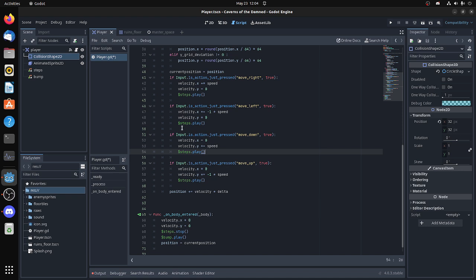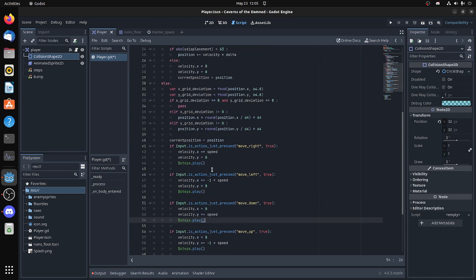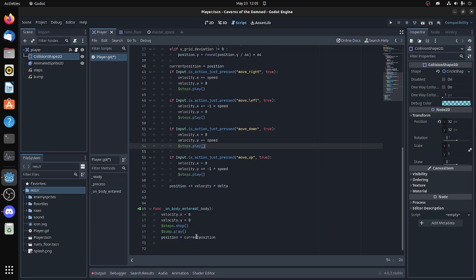It stops playing the footstep sound. It plays the bump sound instead, and it returns the player's position to current position, which was set the last time the character was stationary. So it will basically snap them back to wherever they last were. I'm probably going to do something similar for movement when an enemy attacks, but we'll burn that bridge when we